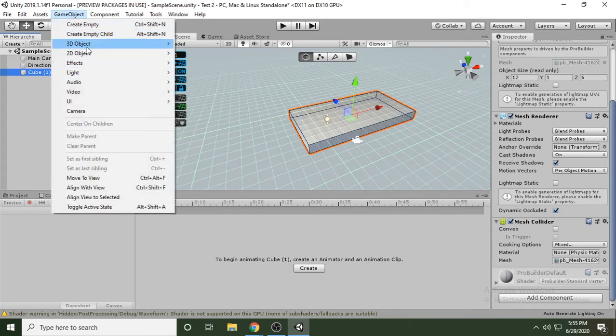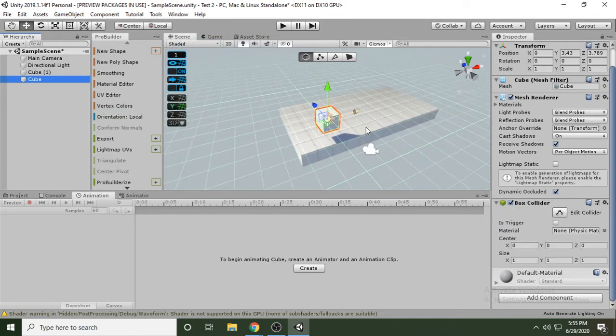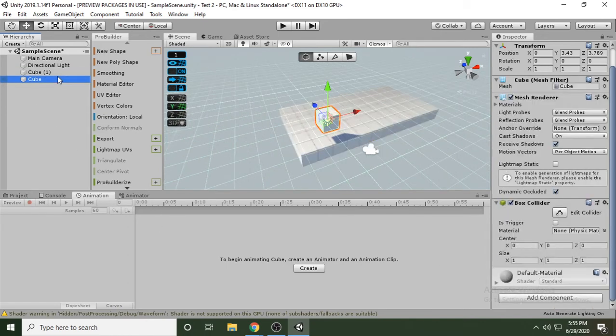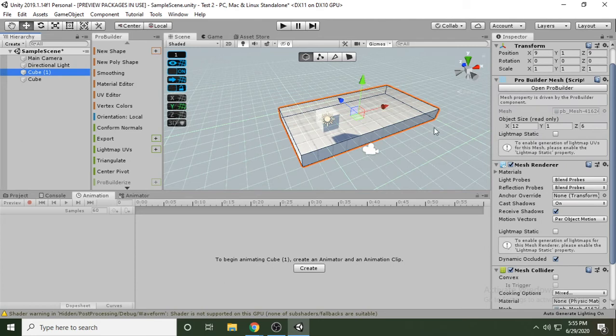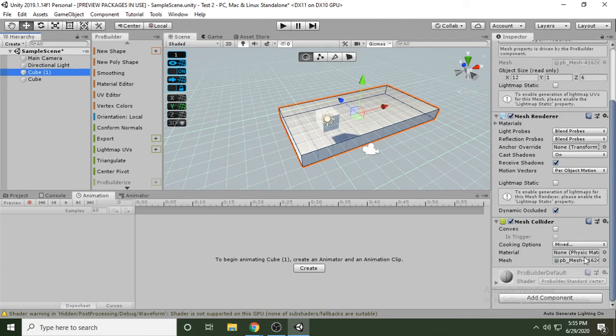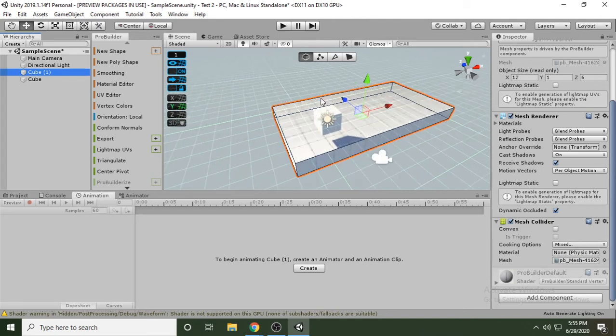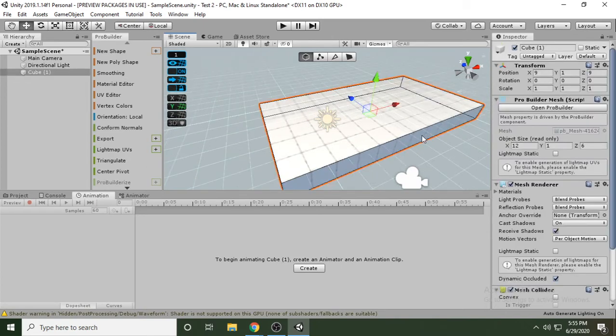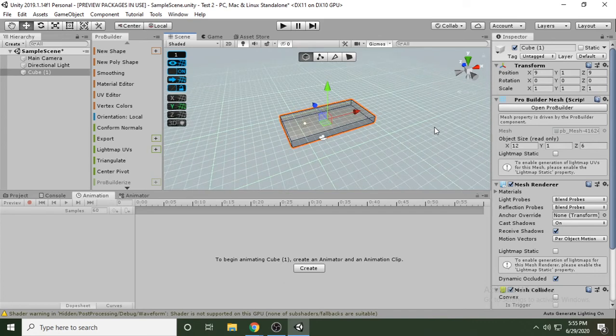there's an actual difference too. Here's another difference. If I put a cube here, you get a box collider on this. Personally, I like mesh colliders just because my shapes aren't usually boxes per se. And ProBuilder automatically puts a mesh collider on it, so it's fine. So let's delete this box. Delete, and if you want, you can press F, so it zooms and makes your box stay